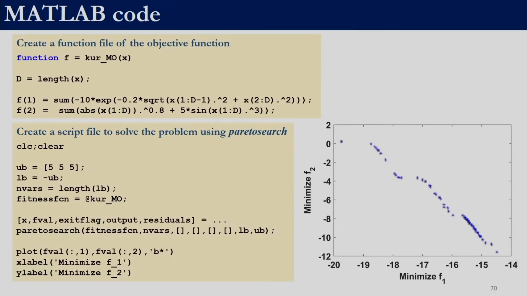So, the solution procedure is also the same. This is the same function file which we explained earlier, so this part of the code should also be clear to you. It is exactly the same which we discussed. Here we call the Pareto search function and supply the necessary inputs. There are no constraints, so we give empty brackets. We have lower and upper bounds of -5 and 5, which are given over here, and similar to last time we also plot the Pareto points.